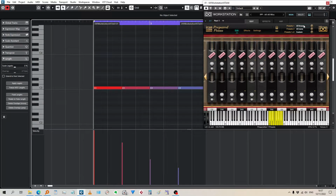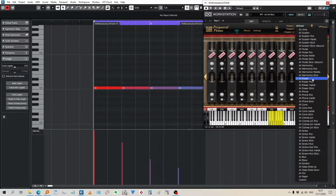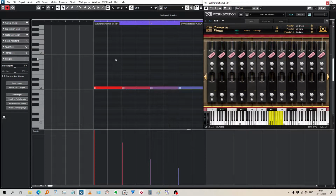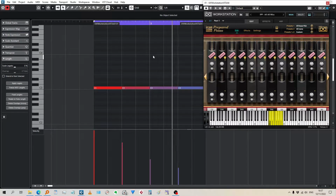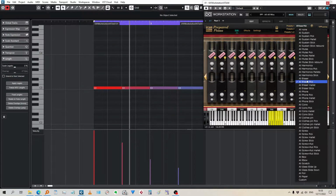It varies a bit. Some of them sound definitely like unique samples, right? Like here we have the eraser. Like that's definitely a unique sample there, right? That's a totally different recording. But